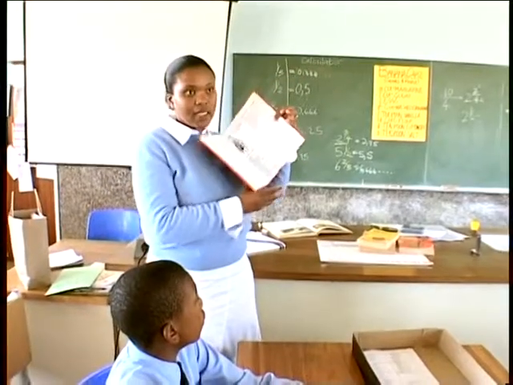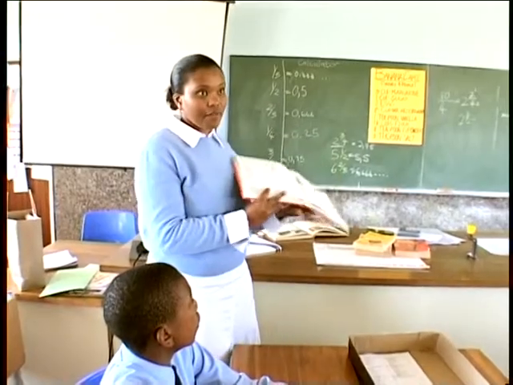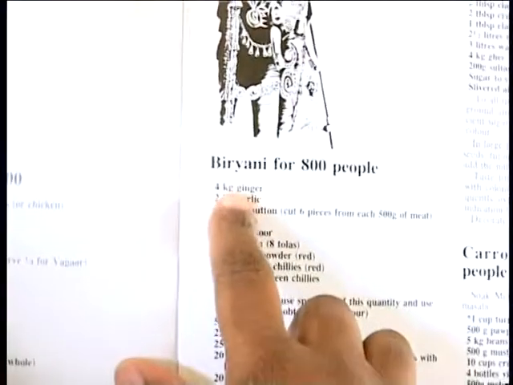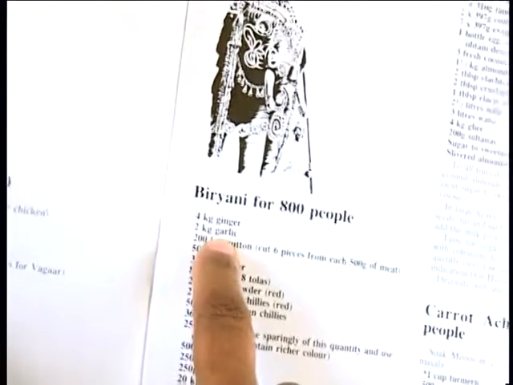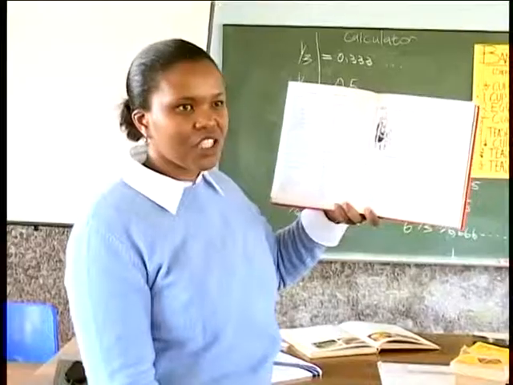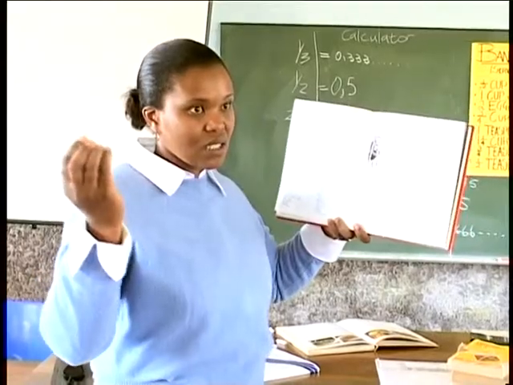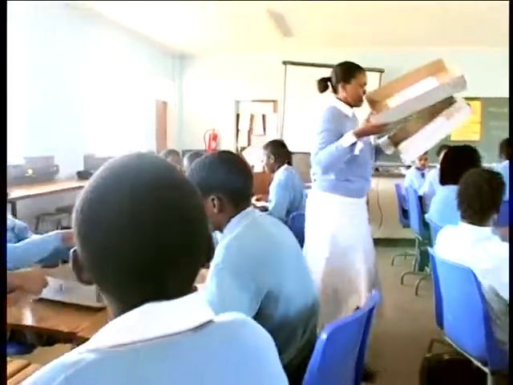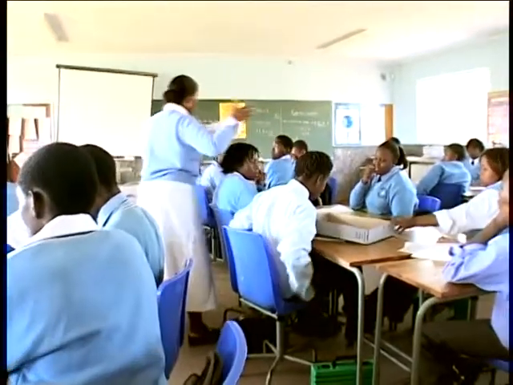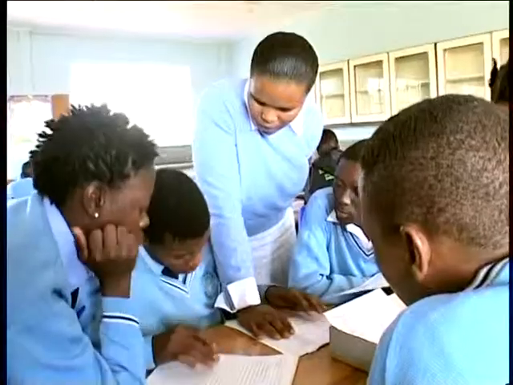As you know, Nomsa shows the learners a South African Indian recipe book. The book contains wedding recipes for up to 800 people. However, even when you're not cooking Indian food, we need math literacy when planning to cater for a wedding. Next, the learners work in their groups to create recipe cards for a somewhat smaller wedding. Use the correct measurements because we don't want any flop. They need to serve 80 guests.